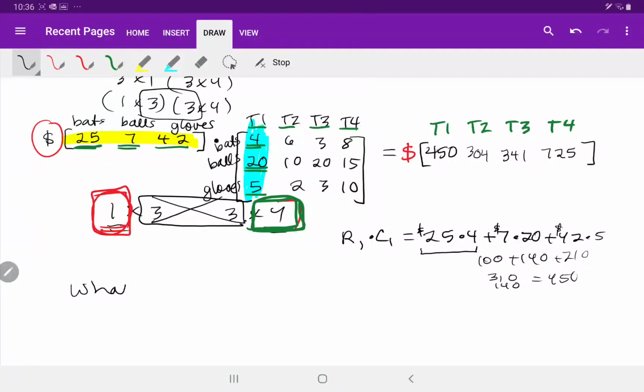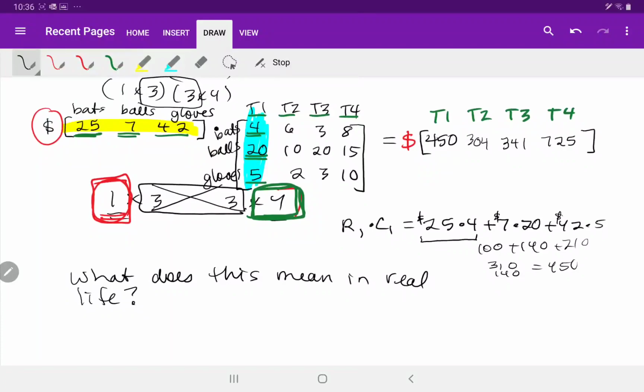So it's going to ask you, what does this mean in real life? Okay, so what does it mean in real life? It means team 1 needs 400. Well, I shouldn't put T1, right? I should put the actual word. So this is team 1 needs 450 for their supplies,